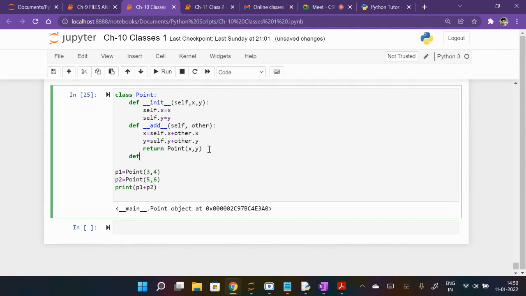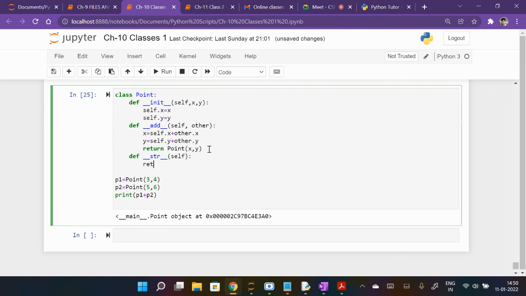So we have to write def __str__, we want it in string form, with self, and return. So what do you want to return? What should we write? Str, string form, we want x comma y, is it?